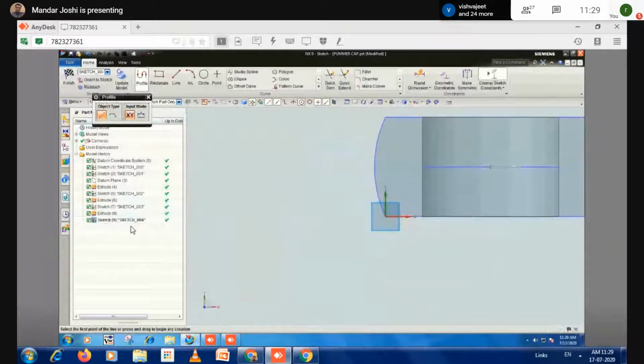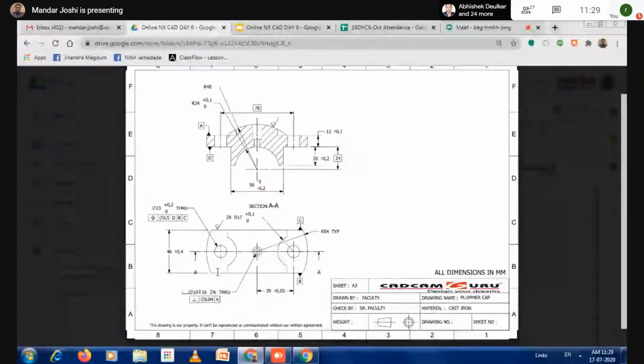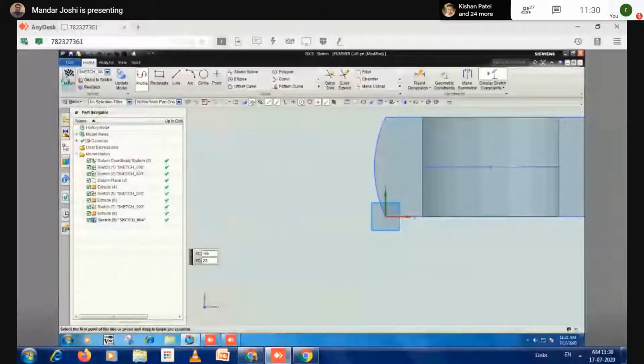After that, you see this drawing. Repeat the step. Wait, I will repeat. Here, what is the orientation of your sketch? The 0 is located here for this arc. What is the radius of the arc? It is 17 now. It is 17, correct? And where is the center of that arc? The center is here, correct? The center given is here. So let's do that orientation first. I go back and do that process again.